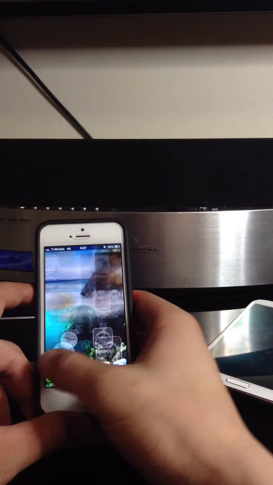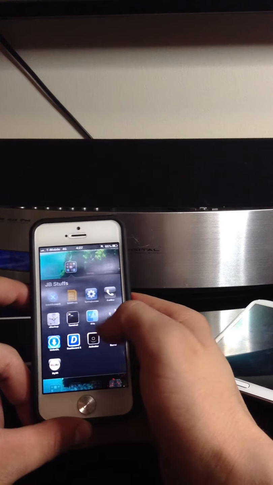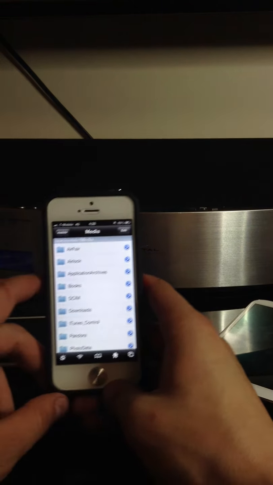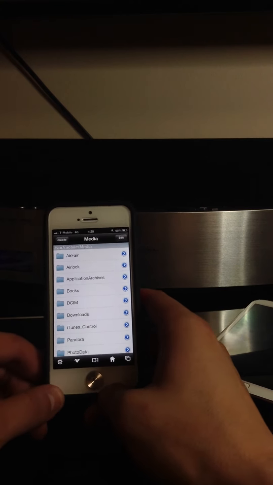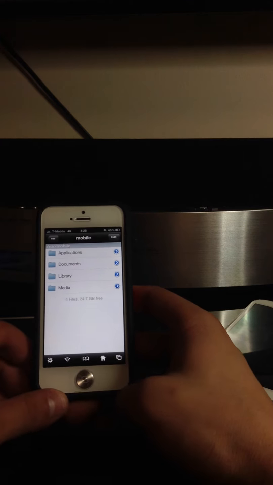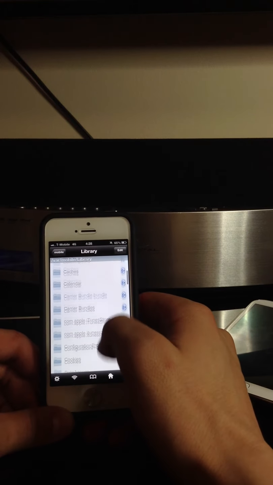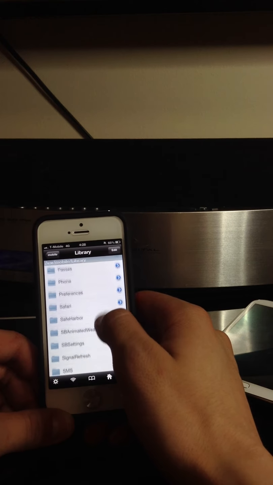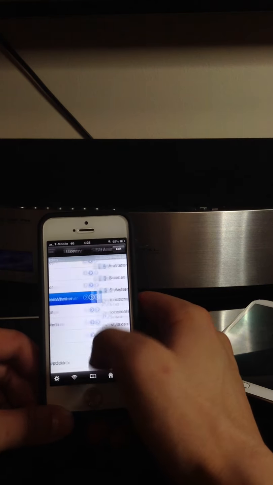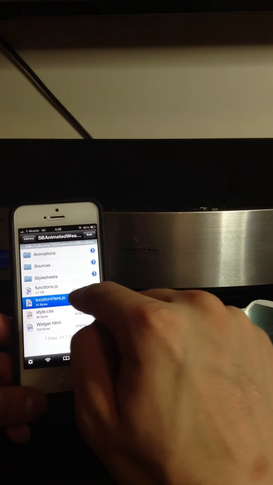Then what you're going to do is download from Cydia something called iFile, which allows you to have 100% root access to your device. Go to the home right here, go to library, go down and find, let's see, it should be SB animated weather. When you go into that, go to location here.js, text viewer, edit, and if you look right here,